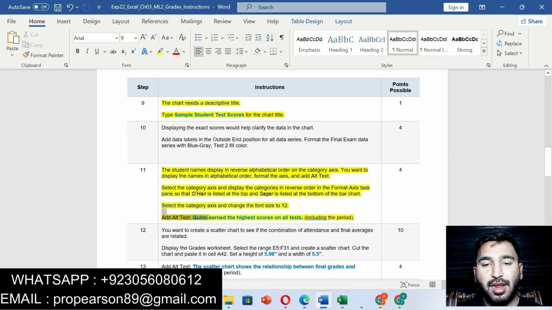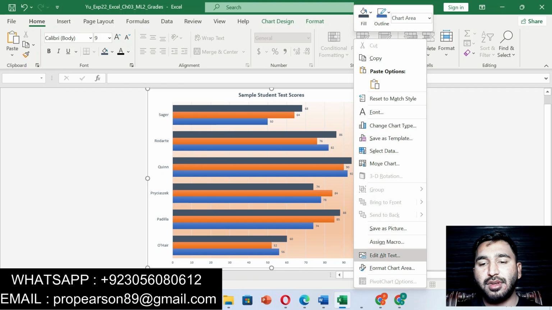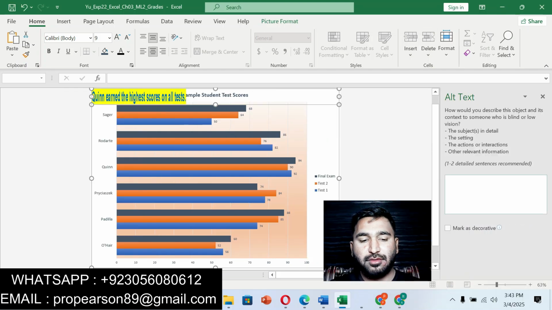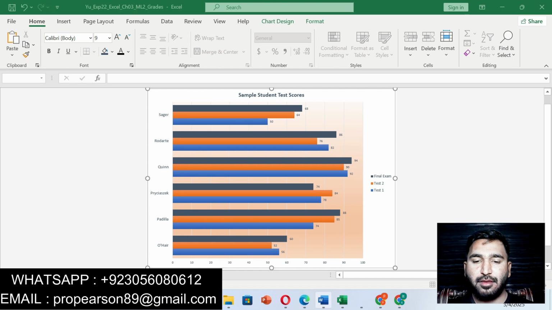Now we will add alt text here. You can copy the alt text. Moving on to the Excel workbook, right click on this chart, then click on edit alt text. You can edit alt text in here. Click in the box and then add alt text here, and you can close this box. Okay, now